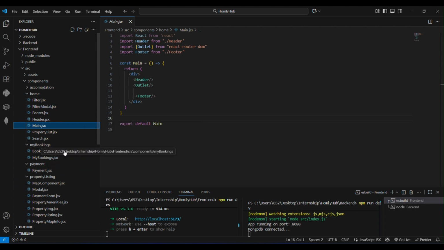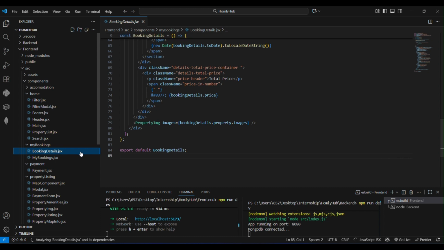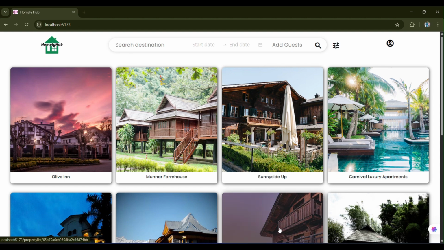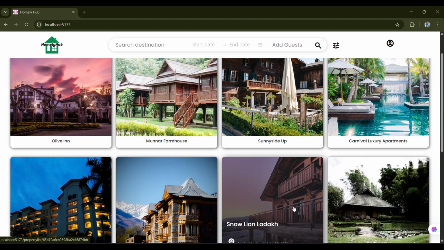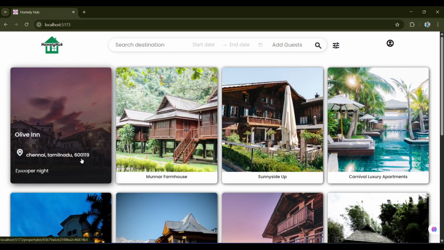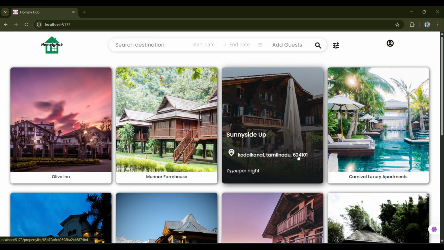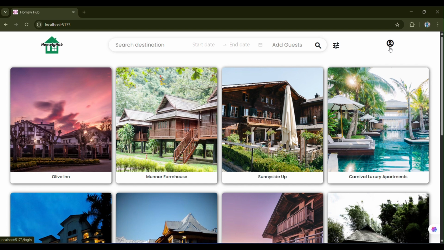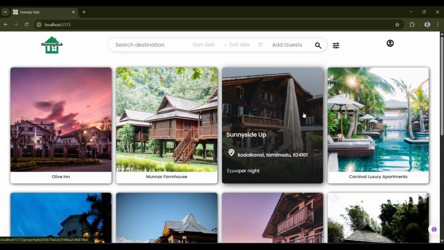So you can see in my booking section, booking details is here. Payment is also here. So let me show the demo of the project. So here is our Homely Hub project. You can see the cards here. Here we can see all the hotels. So user can sign up first, create an account, and then choose the amenities as per his requirement,